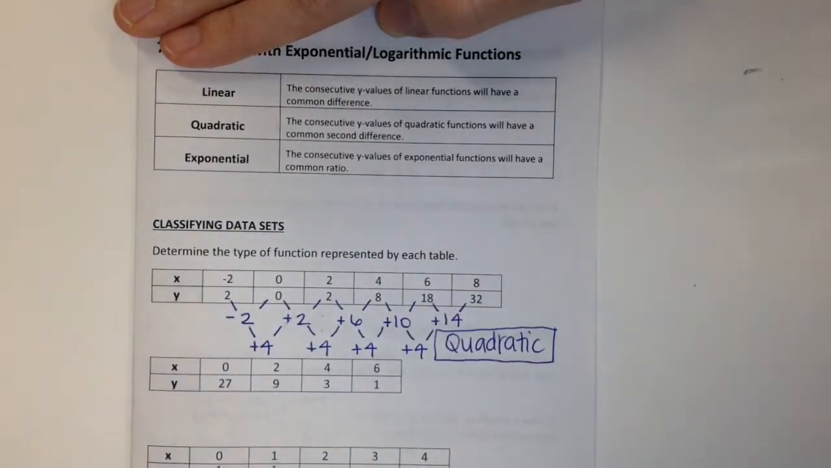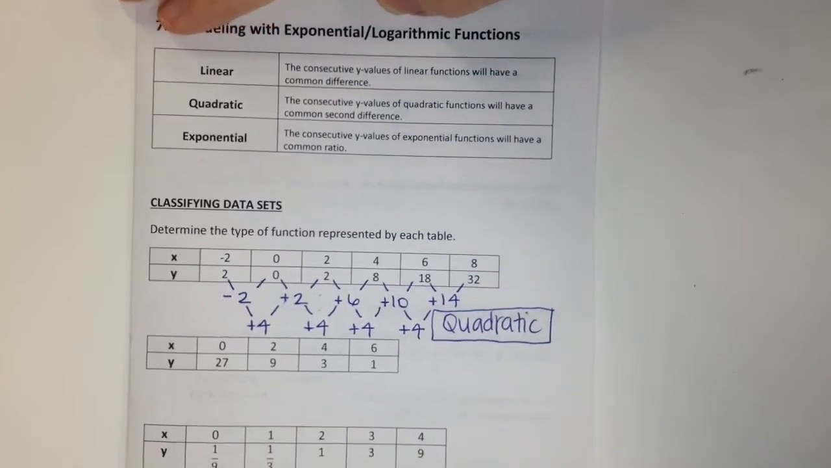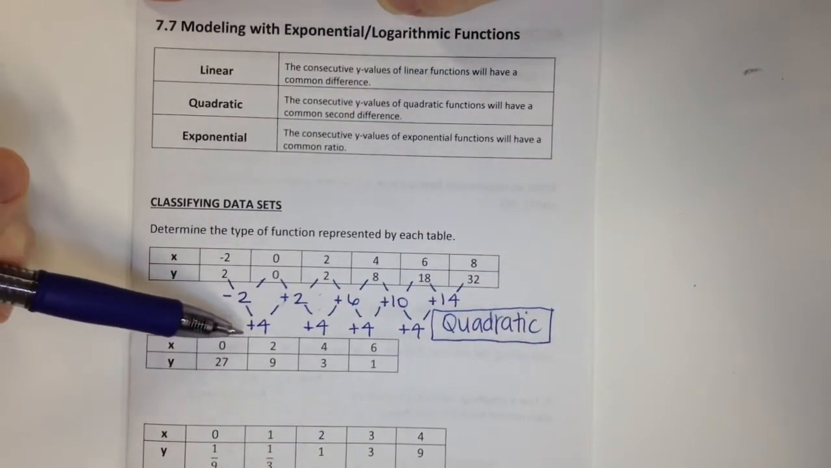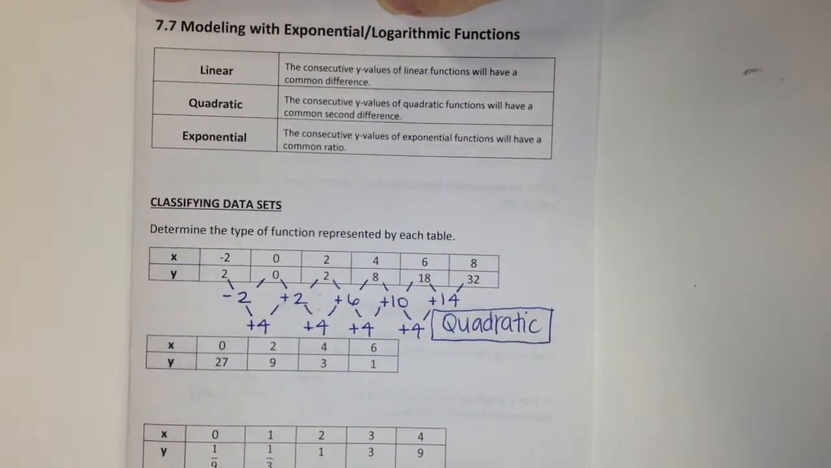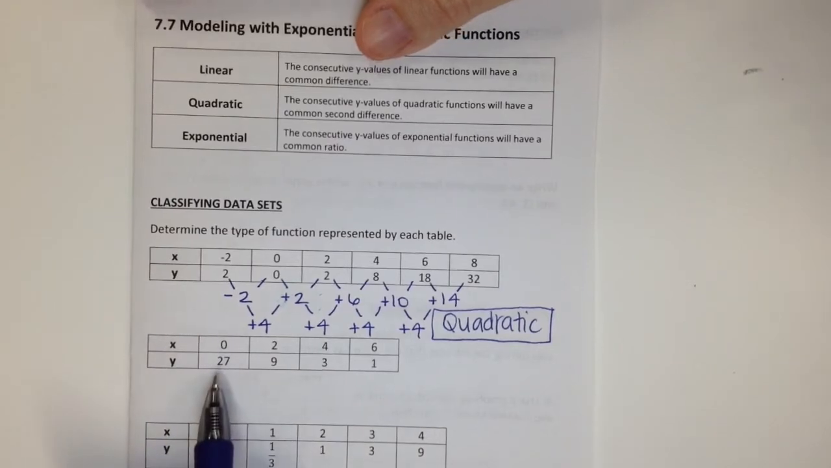Now, what if you counted the difference twice and you still didn't get the same number? Well, then you'd want to look and see if it could be exponential. With an exponential function, instead of finding the difference where we add or subtract, we're going to figure out what number we have to multiply by each time to get from each y value. So looking at this next table,